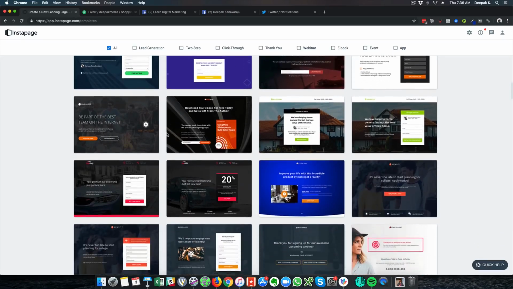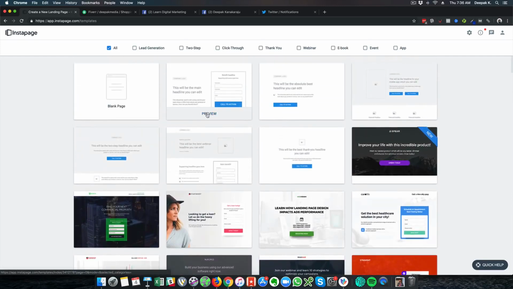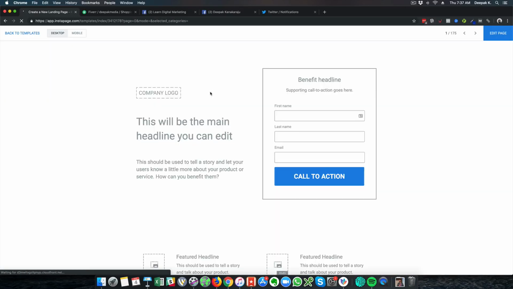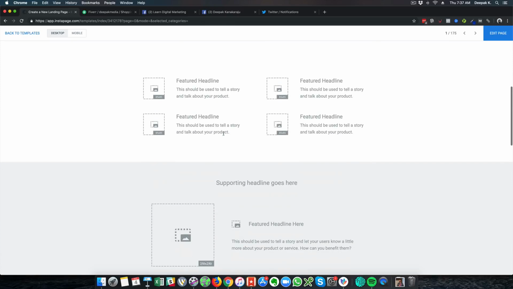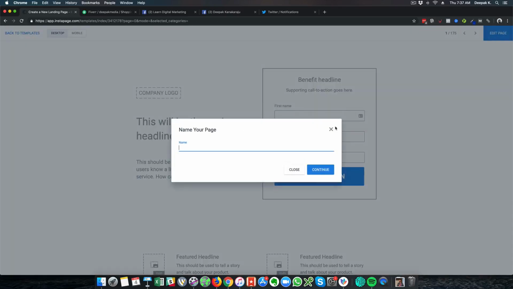So there are a lot of designs here. So instead of testing that, let me just go ahead with a simple one. If I click on preview here, I should be able to have a look at this page. So here you can see there is an opt-in form and there is a little bit of content that you can add here. So I will just click on edit page, and I will name the page digital marketing Q&A. So I will click on continue,